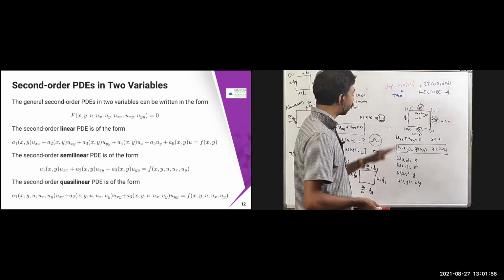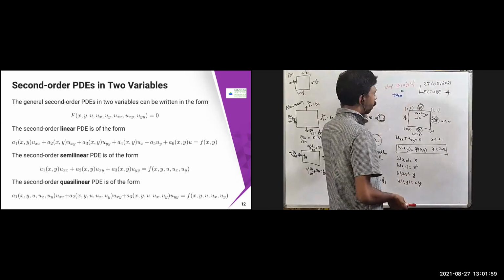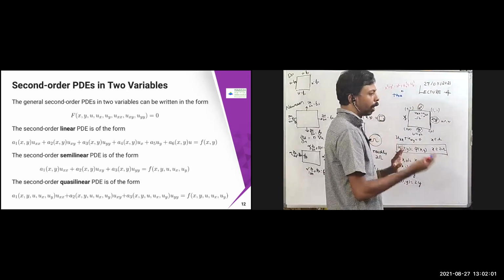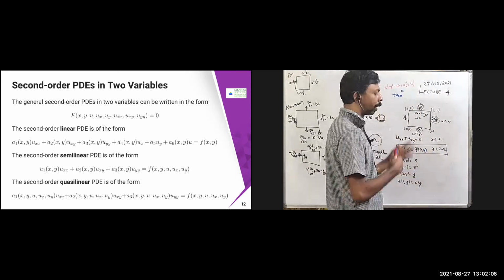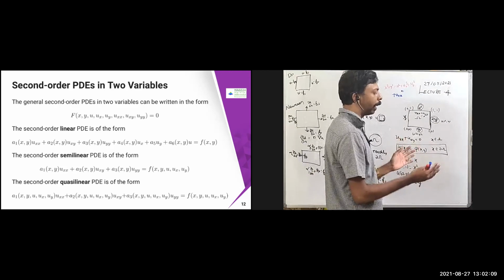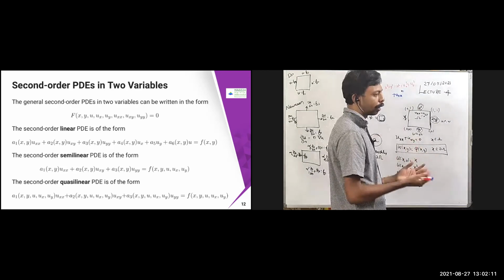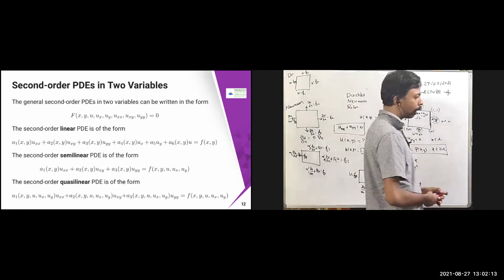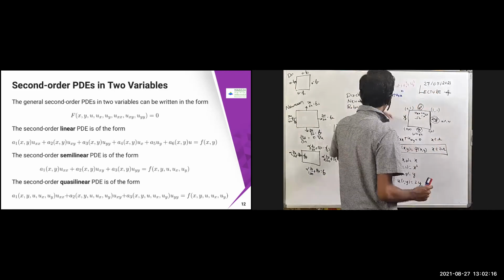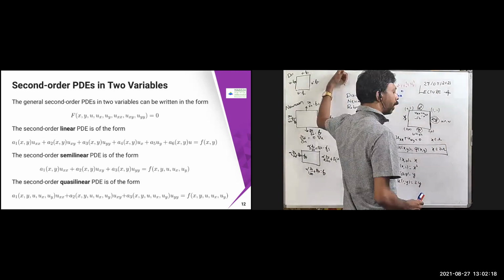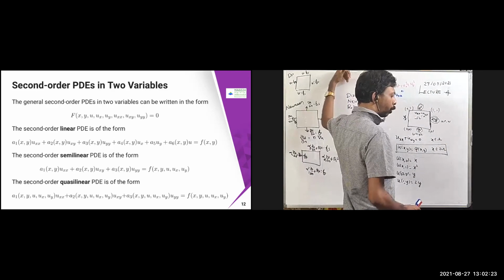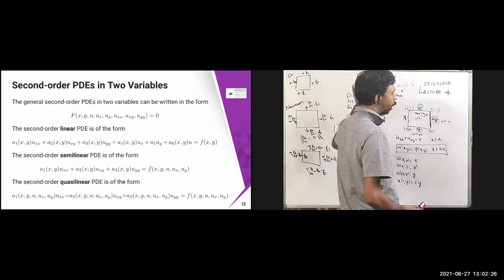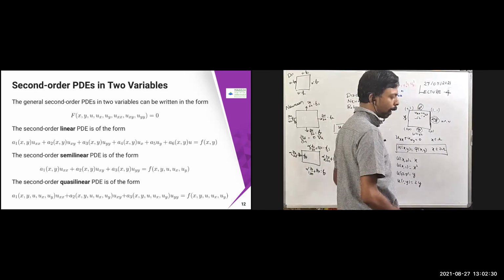It doesn't mean that it has to be on the right hand side. Even if I write it on the left hand side, it makes sense. Here I'm just putting it on the right hand side so you can put some other thing, but it doesn't matter, because f is just a function. The only thing you have to check is the coefficient of the highest derivative: whether they are functions of x, y, u, ux, uy, then it is fine. Unless it has some function of uxx, it is not going to make any problem.